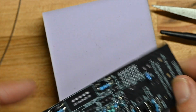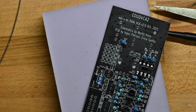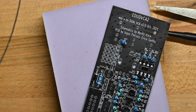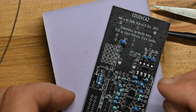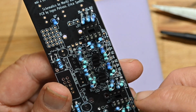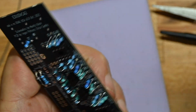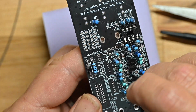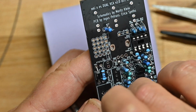Transistors are on. Now we'll do all the 1/10 of microfarad capacitors, the somewhat ubiquitous 104s, these little guys. Now, if you ever wonder, when you're doing a board with integrated circuits, like these op amps on this board, and you can't figure out where some of these 104s go,